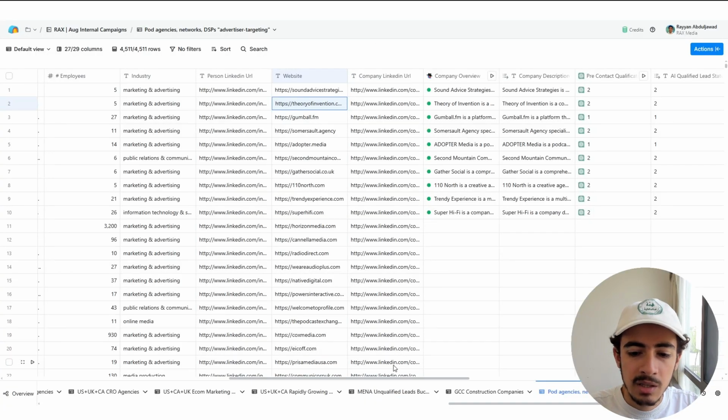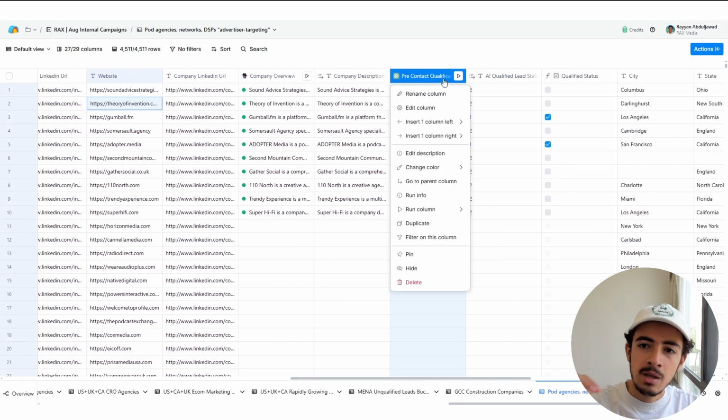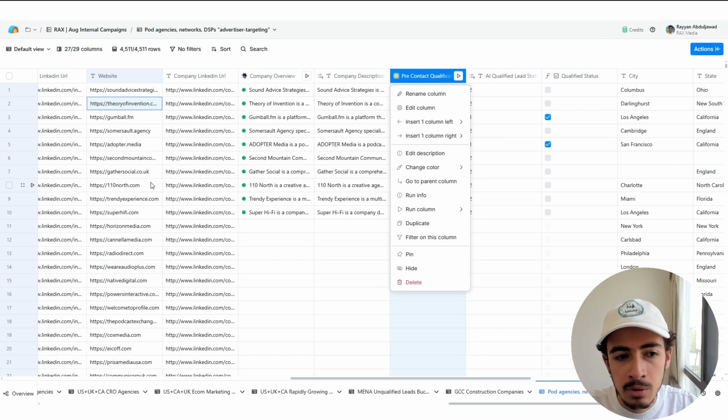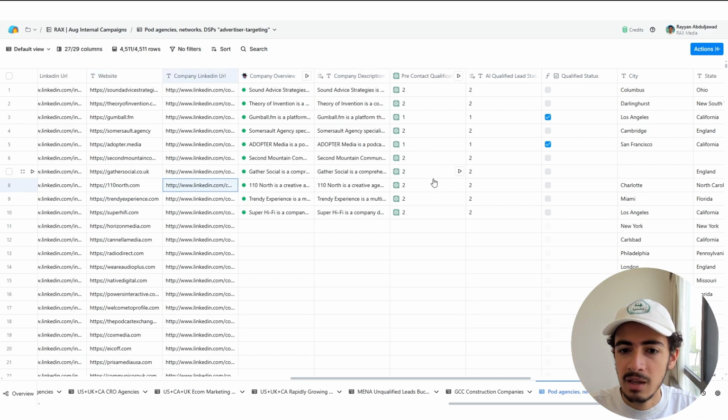So basically, I'm not going to get into the details, but you can always change the definition of this based on the kind of company you're seeing. For example, if I go to this company and I notice that, hey, they're actually a podcast ad agency, they would be someone that is relevant, I would think about, okay, why is it that the AI did not pick this up? Why did the AI not properly pick this as a podcast network? So then what I do is put it in the pre-contact qualification.